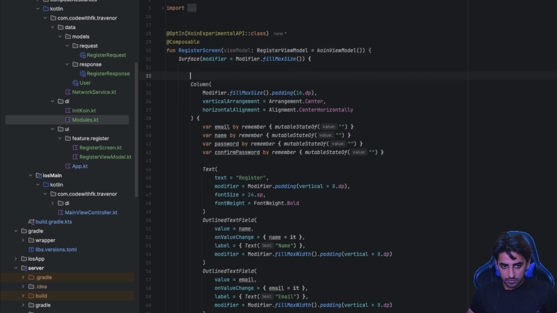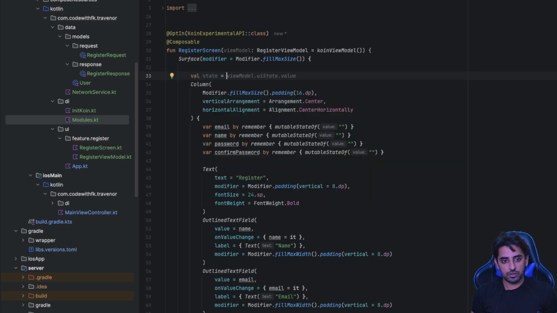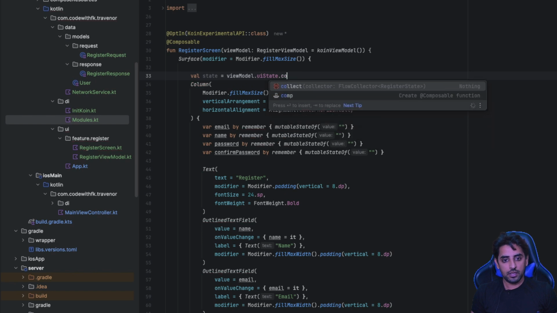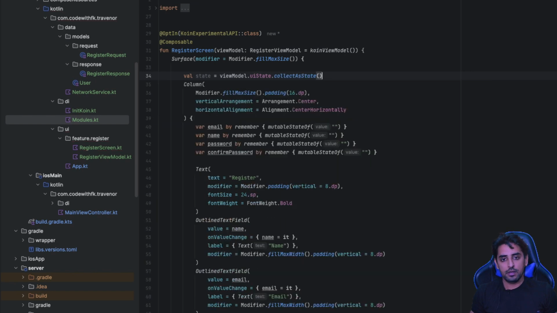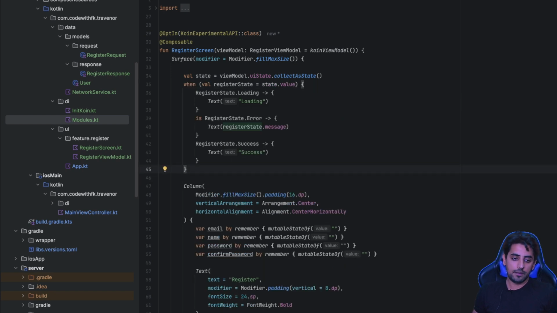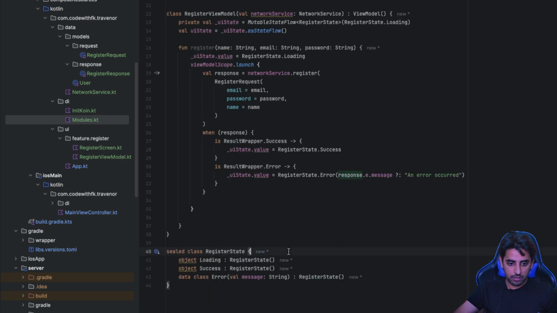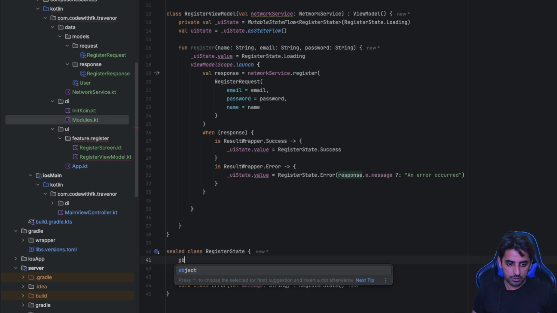Great. So once we have the view model, we need to take out the state from this. So let's call it a state is equal to view model dot state dot collect as state. So whenever there is a change, we want to access that. And now over here, based on the state, we check if it's loading, we show loading. If it's an error, we show error. If it's a normal success state, I will also add one more state to this, and that is going to be our object